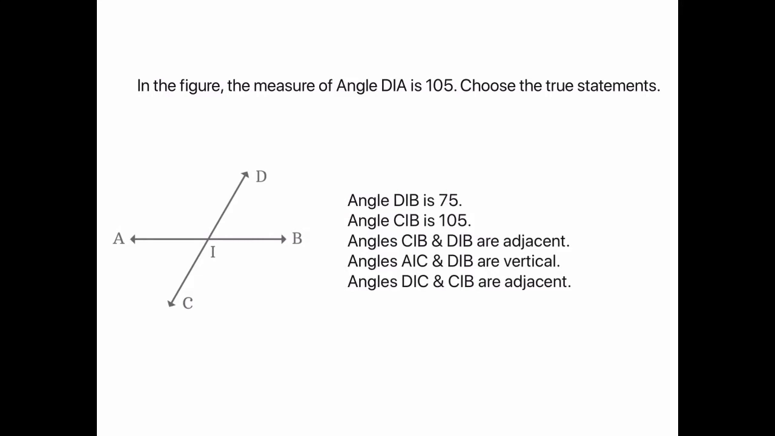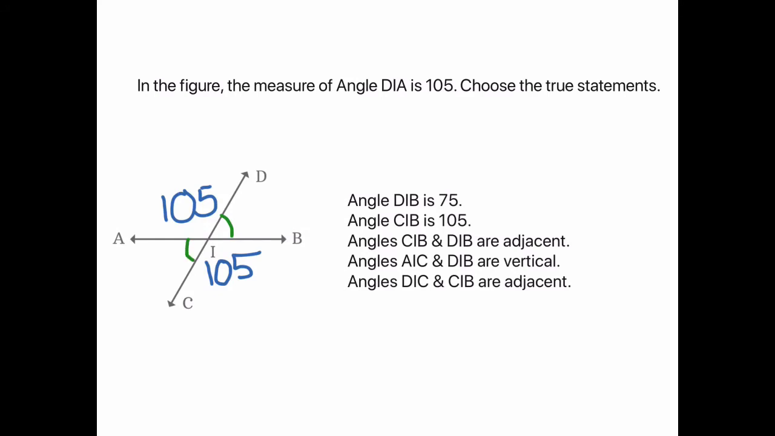In the figure, it says the measure of angle DIA is 105, and it wants us to choose the true statements. So I'm a visual person, so I would put 105 right here in angle DIA. So remembering that vertical angles are always across and always congruent, that would make this one here also 105. And remembering that the angles that aren't vertical to 105 are also vertical to each other and adjacent and supplementary